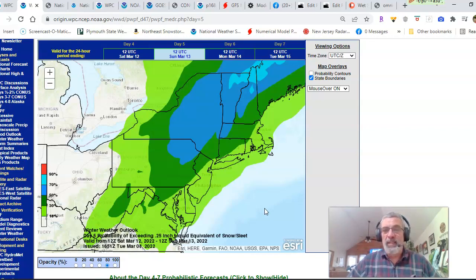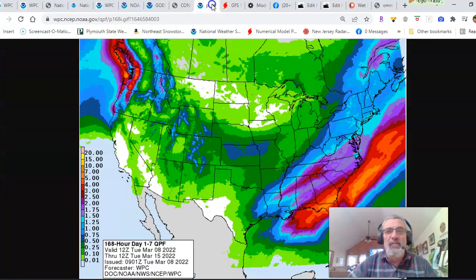And then we're going to be dealing with very, very strong winds, which ultimately I think is going to be the bigger issue. As far as rainfall is concerned over the next 7 days, as we take a look at that latest forecast, which was issued earlier this morning,